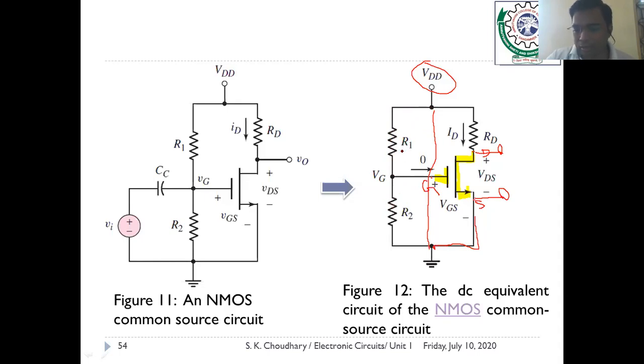First we connect R1 and R2 in series. One terminal of R2 is connected to the ground, and one terminal of R1 is connected to VDD. After this, the remaining unconnected terminal is the gate. You have to connect the gate terminal in between R1 and R2. It makes a partition, a potential divider. So now R1 and R2 become parallel, because a branch has been generated from this particular node.